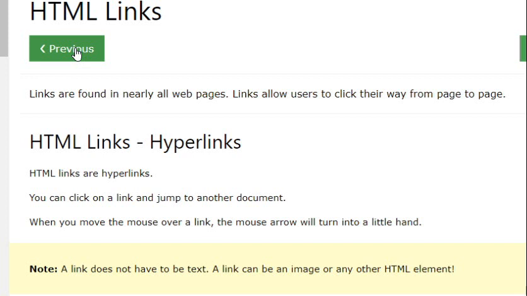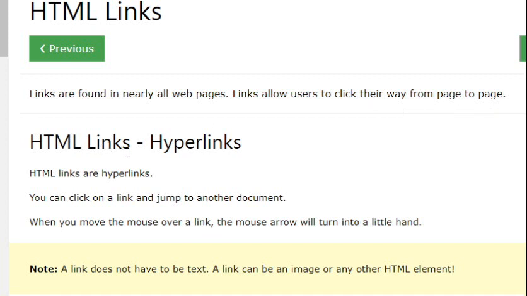That means when you click on this Previous, it is going to open another web page. That means we are linking the page. That is the use of a hyperlink. A hyperlink is a link which is used to link to another web page, from your page to another page. We are going to create a link from page to page, and that is called a hyperlink.